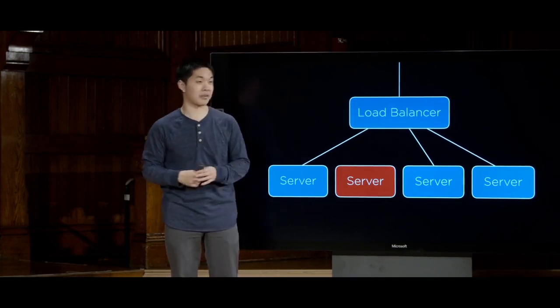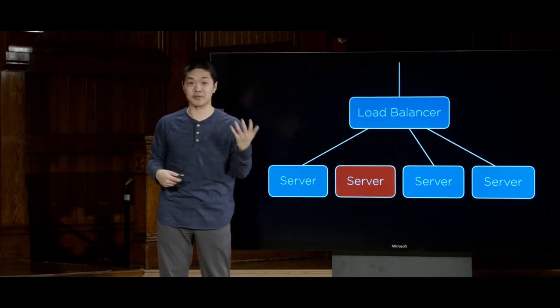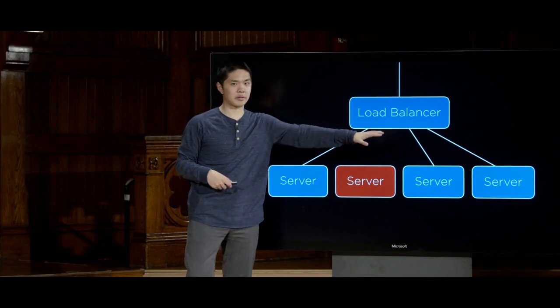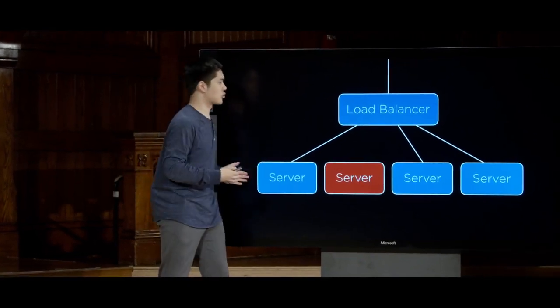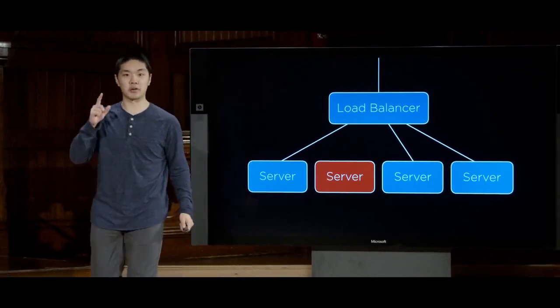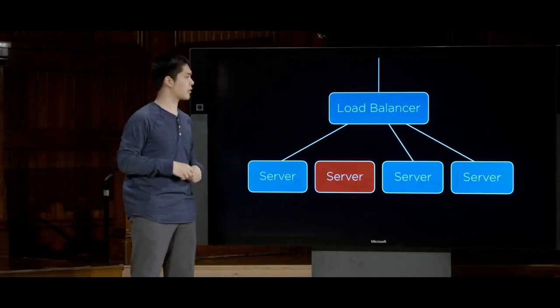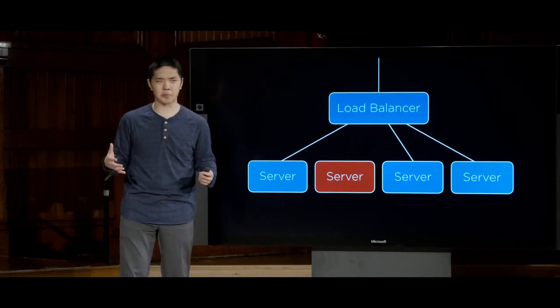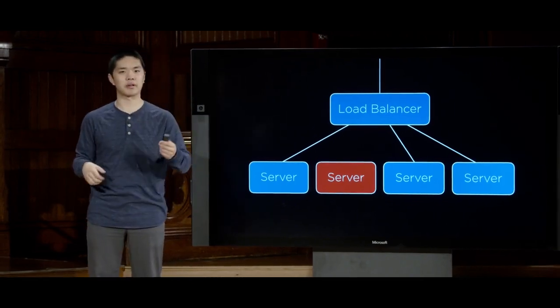Now, one thing you might notice is that even in this picture, the load balancer appears to be a single point of failure, where if the load balancer happens to fail, well, now nothing is going to work, because the load balancer is the one responsible for directing traffic to all of these various different servers. And so even though there's no single server that is a point of failure, this load balancer also appears to be a single point of failure. And that's definitely true. And you might imagine instead having multiple load balancers,